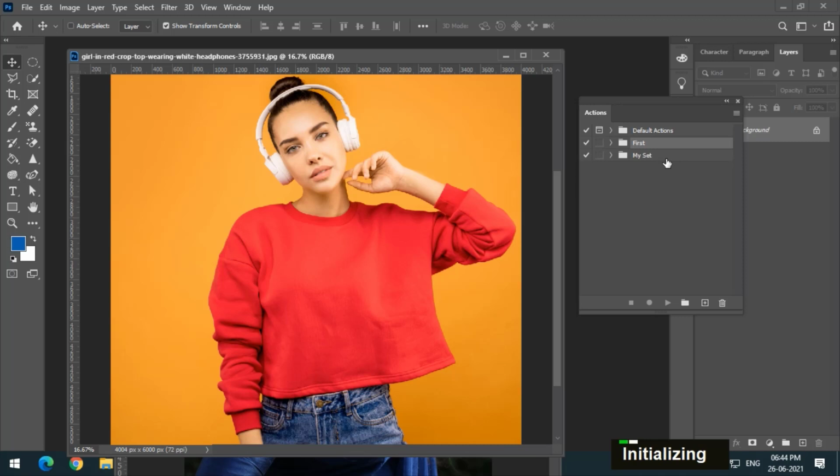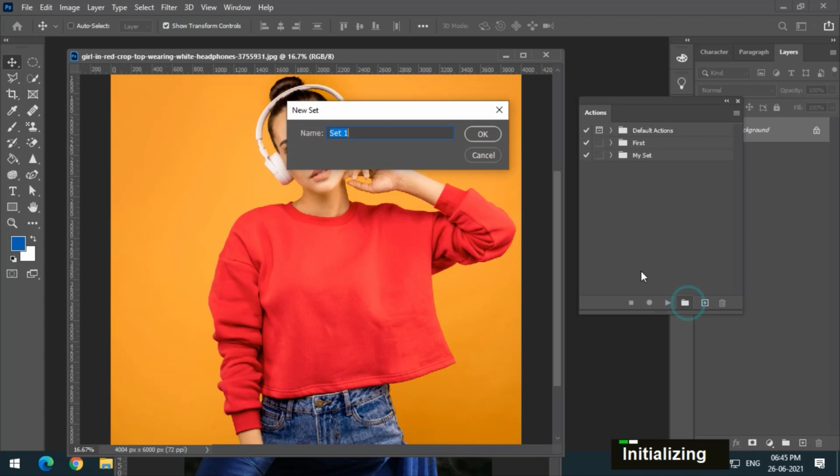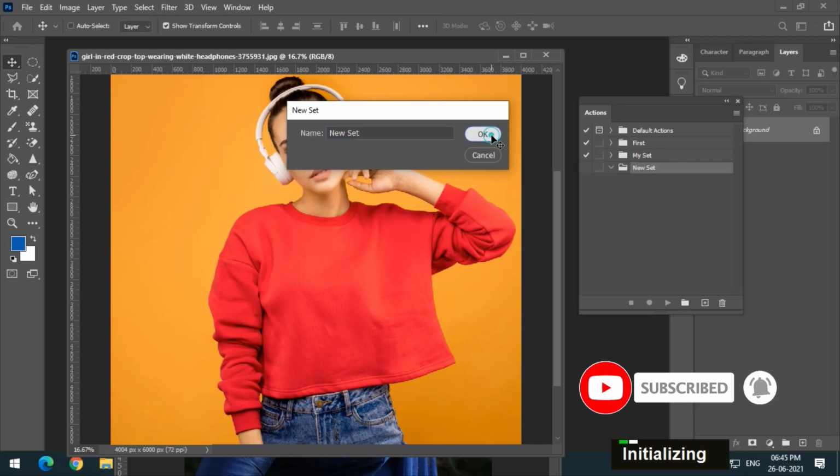We can create our own set by clicking on the folder icon which says create new set. I'm simply clicking on it. You can name it whatever you want, so let's say I will name it new set.